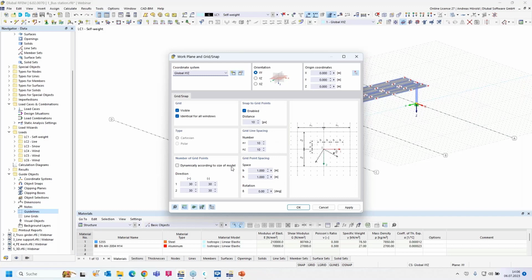Okay, then you can enter distances here,